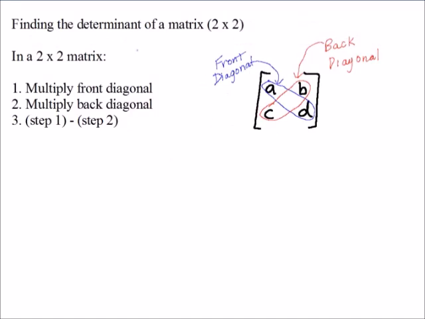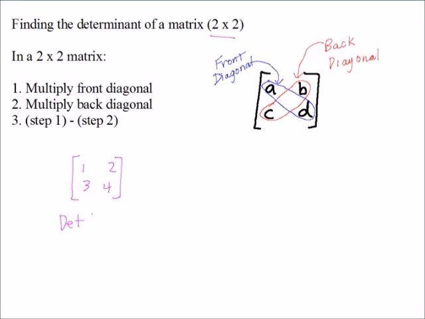When you're finding the determinant of a matrix, the 3x3, 4x4, 5x5, those are really kind of more complex. We're going to stick with the 2x2. When you find the determinant of a 2x2, you're going to multiply the front diagonal, you're going to multiply the back diagonal, and then you're going to subtract the 2. So let's have an example. So if I have a 1, 2, 3, and 4, this is going to be